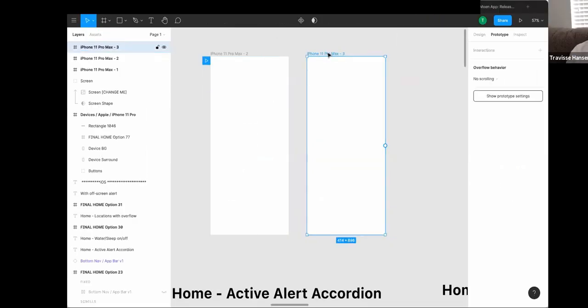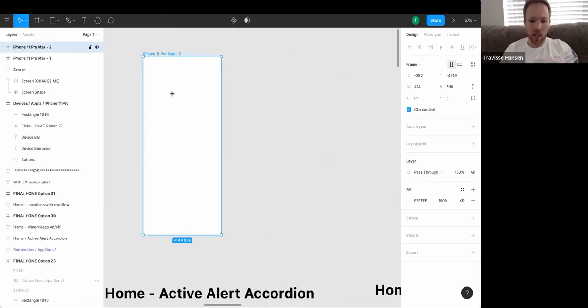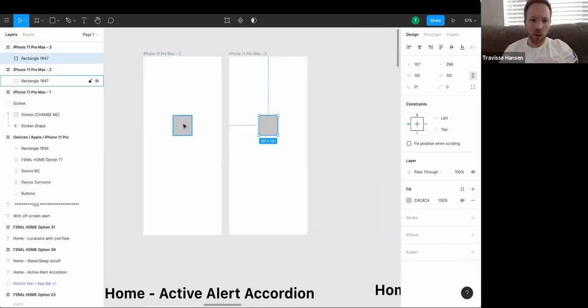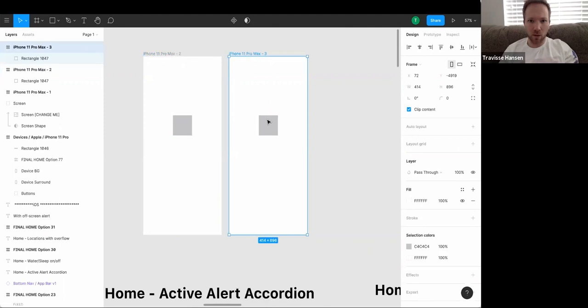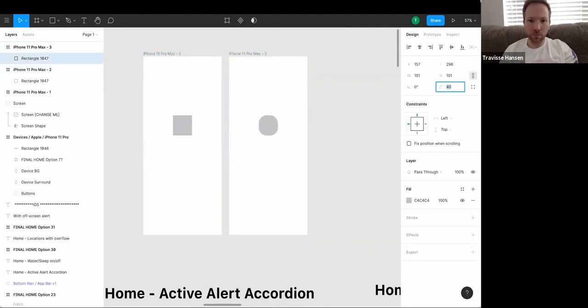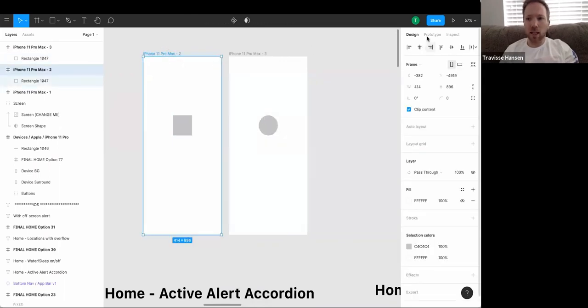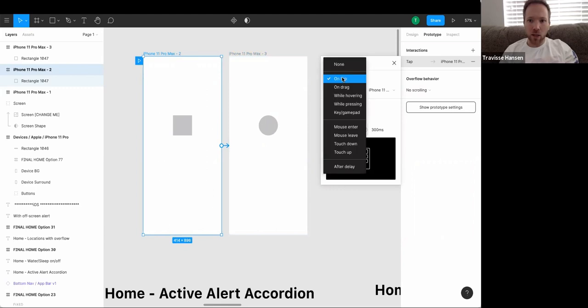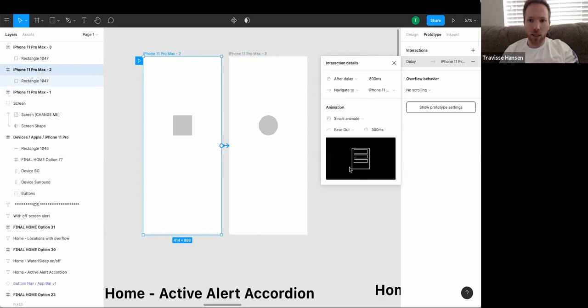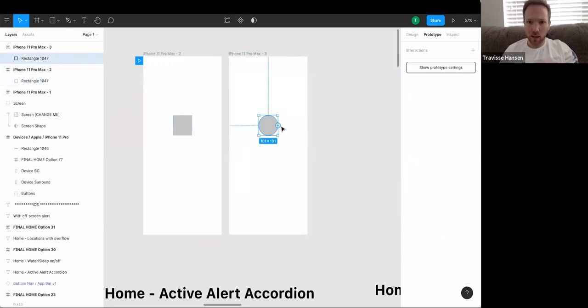So basically, you'll start out with a frame with some type of shape or whatever you want to animate. If you start out with one shape and then you go to another screen and change the shape somehow. And then the method, or kind of the interaction that you're going to use here, is instead of on tap, you're going to do after a delay. So we'll say just off, which is one, and then